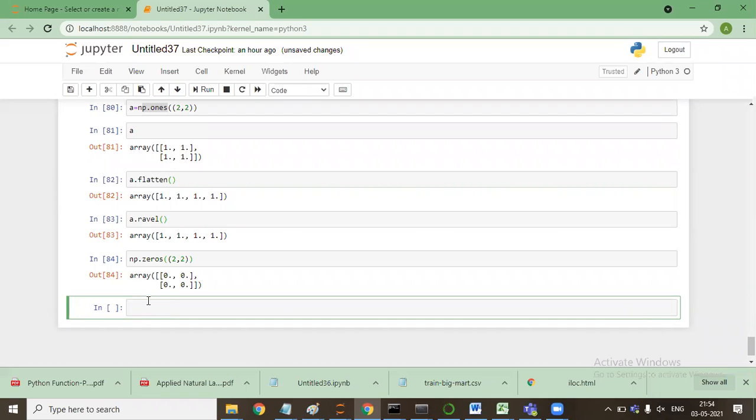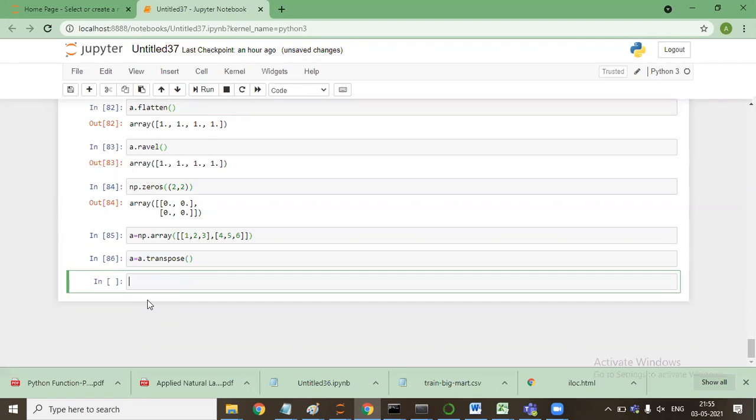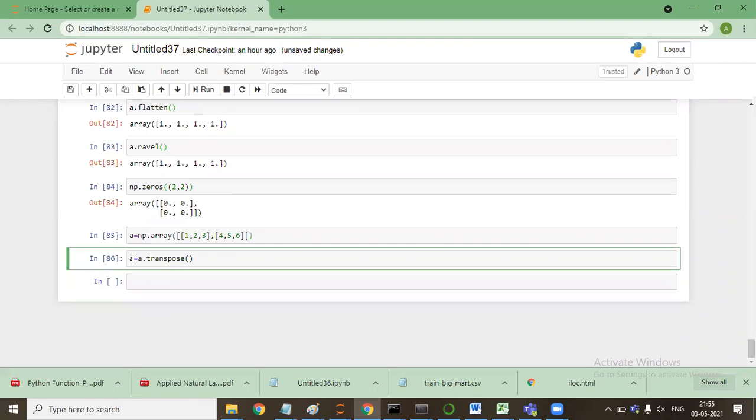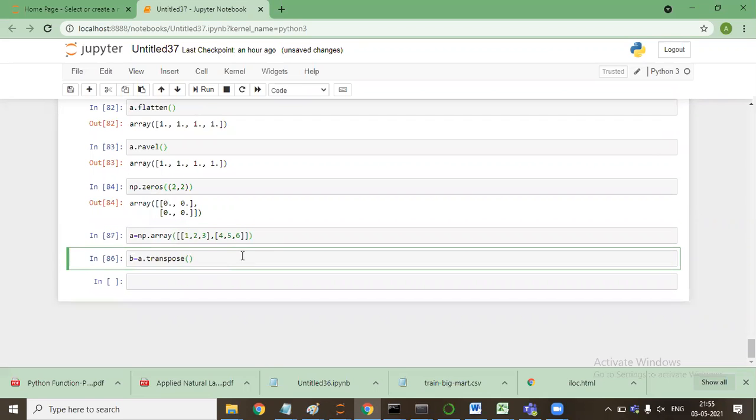Okay, fine. I'll say A is equal to np.array. Now I'll say B is equal to A dot T, B is equal to transpose.